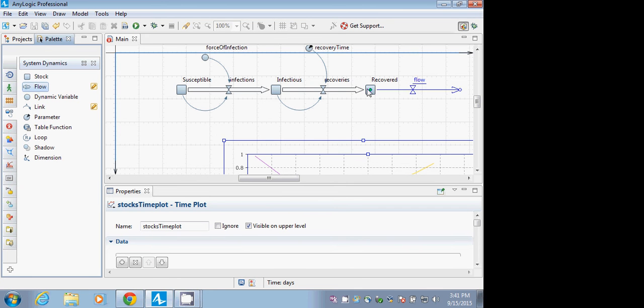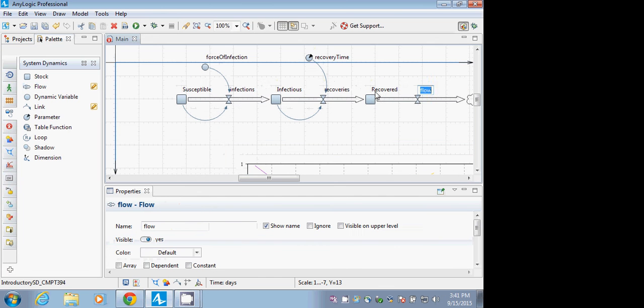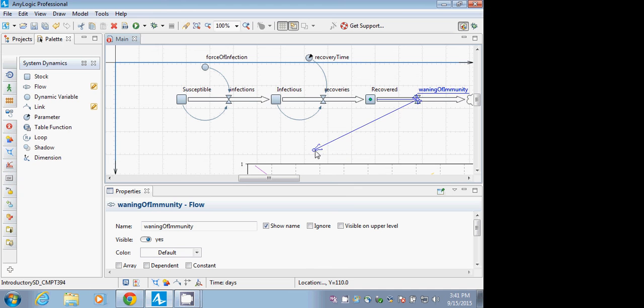Good. Recovered to susceptible. Good. So, ladies and gentlemen, we're going to set that in place. We're going to drag a flow here that we call waning of immunity. Good. That's great. Now,